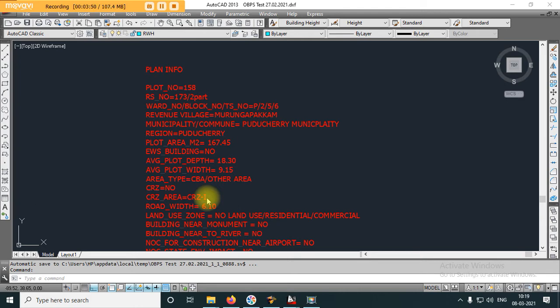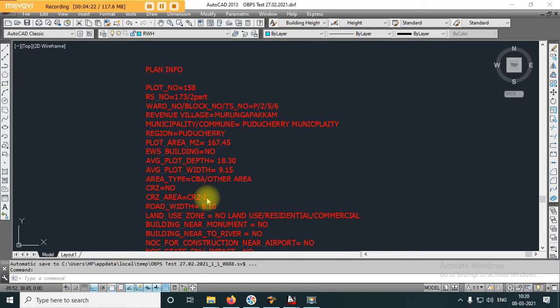Area type is nothing but where the site exactly is located. It is an indication of whether the location may be treated as a continuous building area or an area apart from the continuous building areas, wherein CBA is mentioned for continuous building area. If the site location falls in the continuous building area, then you need to enter it as CBA. If it is not so, then you have to enter it as other area.